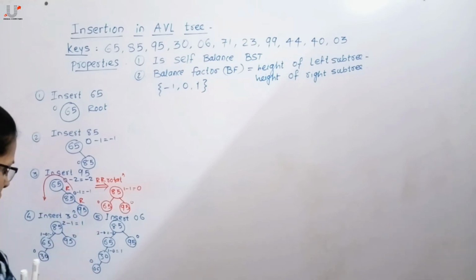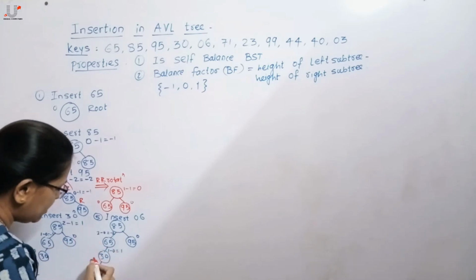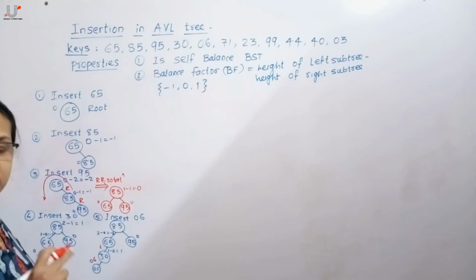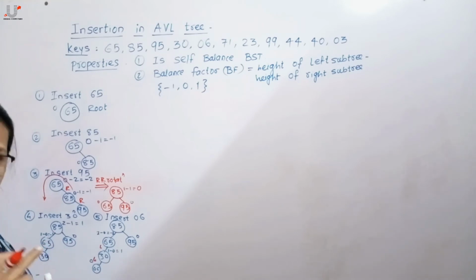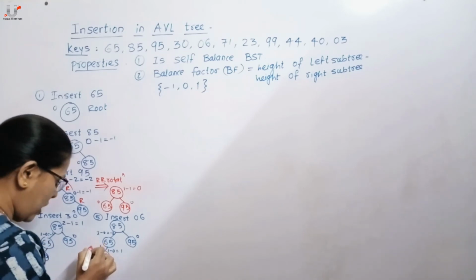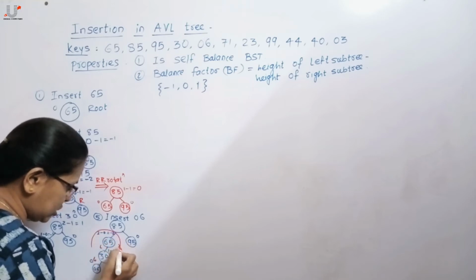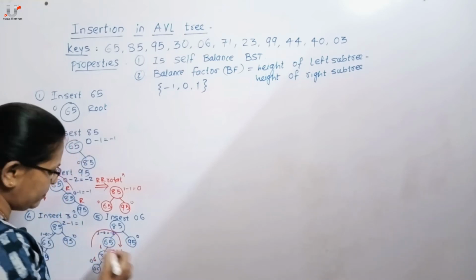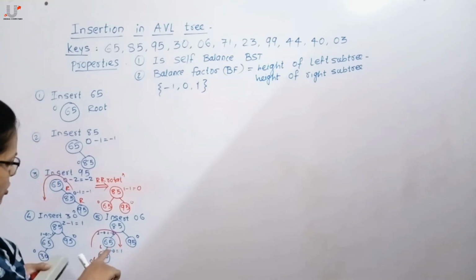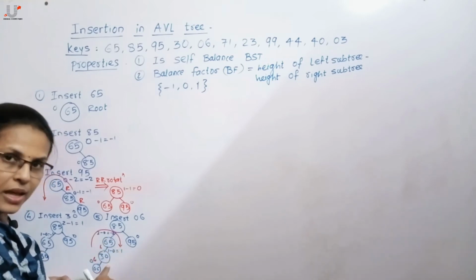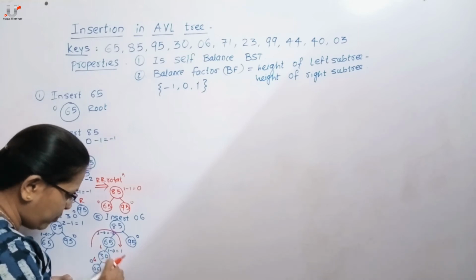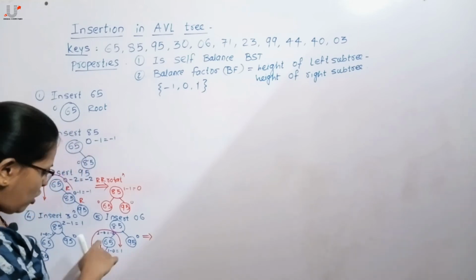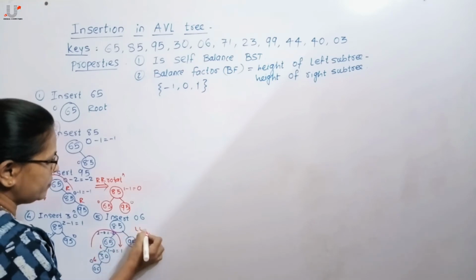Due to insertion of a left child to the left subtree, the tree becomes imbalanced, and to balance it, we have to apply one right rotation, and the right rotation is between 65 and 30. As 65 is greater than 30, that means 65 pulls down and gets added as a right child of 30. So after LL rotation,